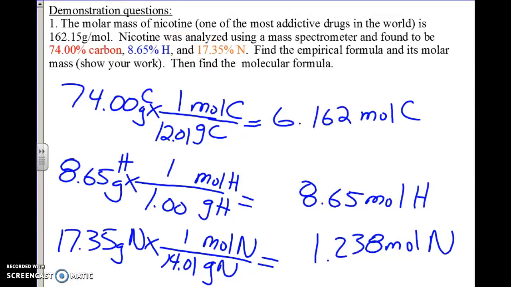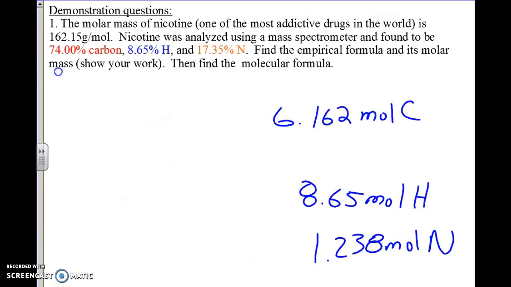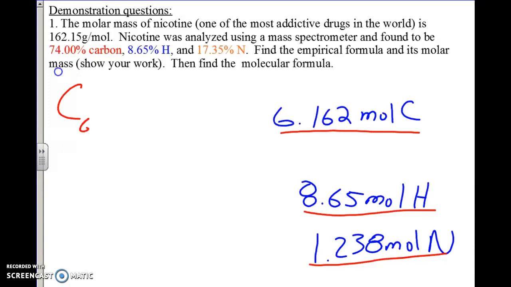Now you have a lot more room on your paper than I do on this screen, so I'm going to get rid of this information. And we're going to go on to step 3 where it says find the ratio between the elements. So these are the mole amounts that I have. So I'm going to go carbon, 6.162. And I'm going to go hydrogen, 8.65. And I'm going to go nitrogen,